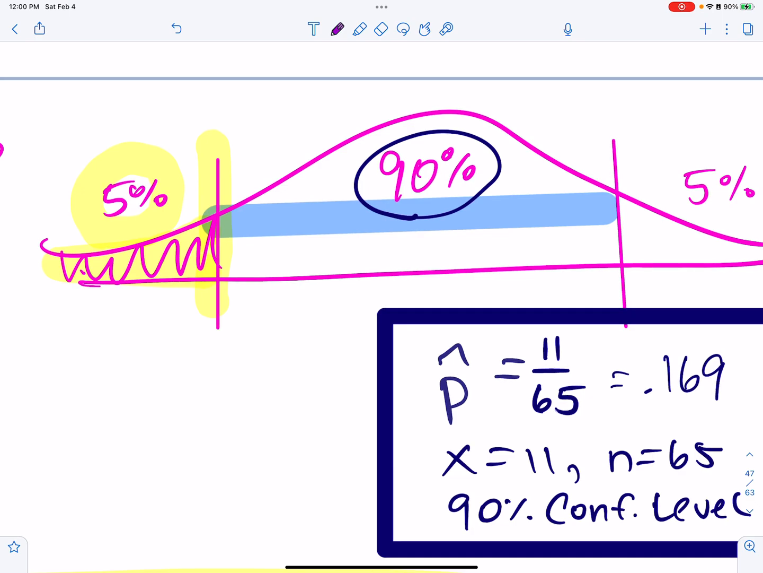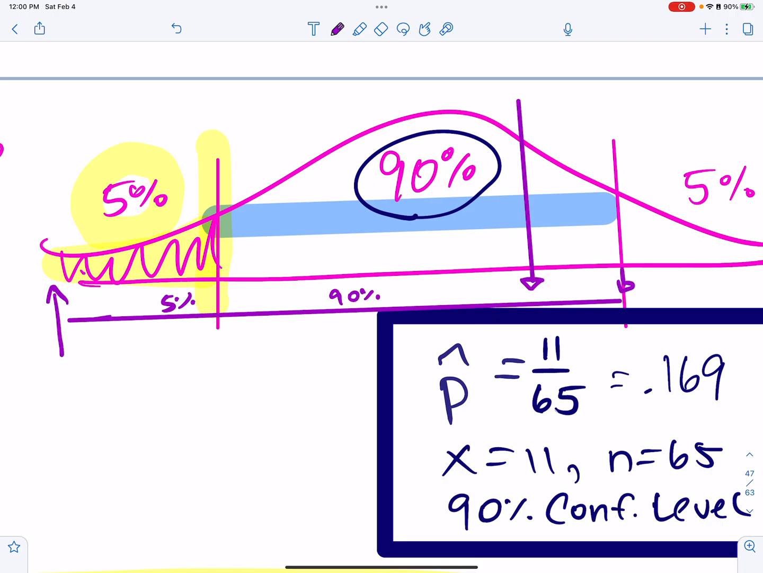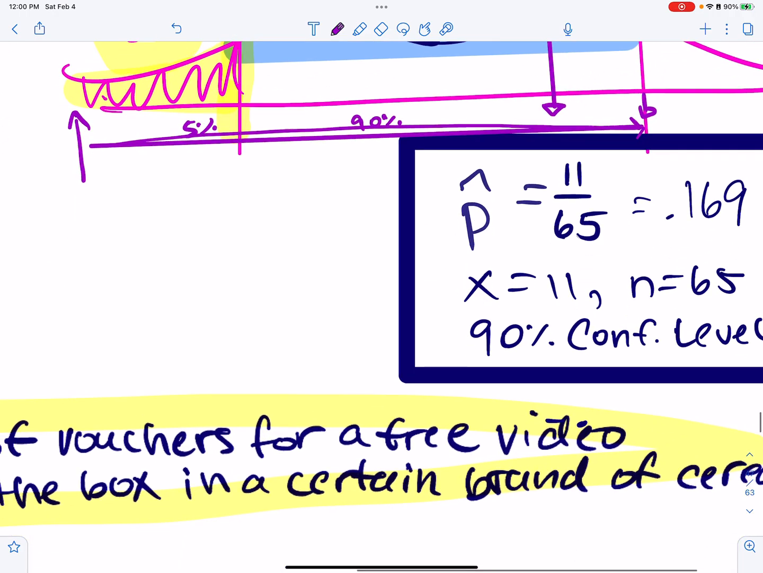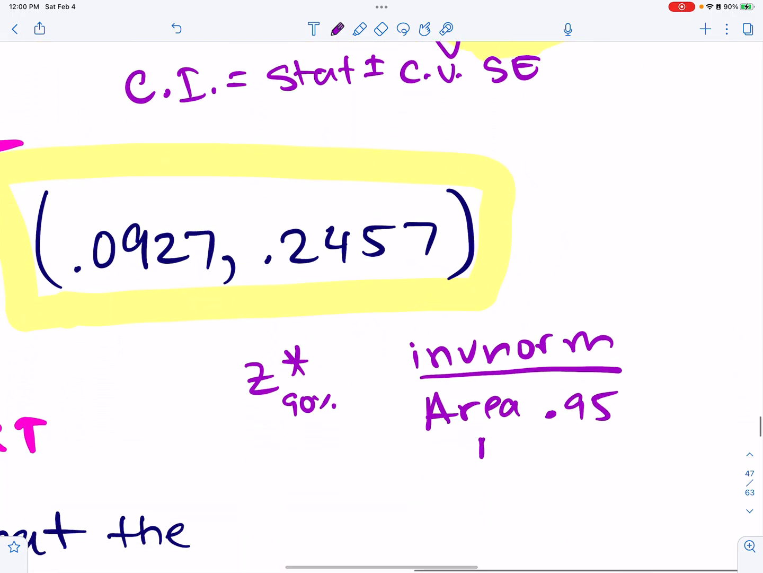And if you put in 90% on the calculator for the inverse norm, it'll stop you somewhere around here and it'll give you this value. And I need this value right here. So I have to kind of trick the calculator, because it starts from here, I have to go past that 5% all the way to this percent here. So I have to do this 5% and this 90%. So that's a total of 95%. So when I'm doing the inverse norm, I have to put in 95%, mean of 0, standard deviation 1, and that gets me